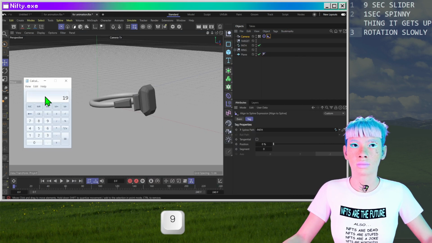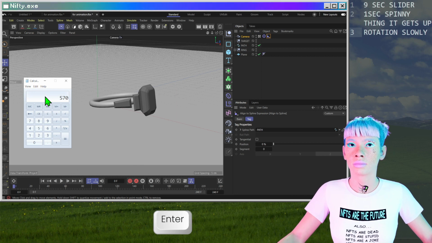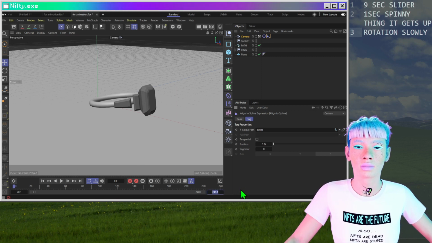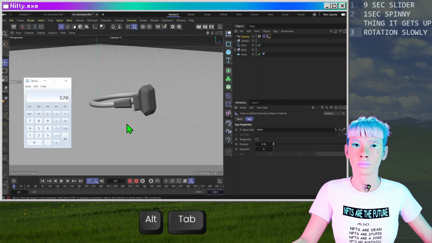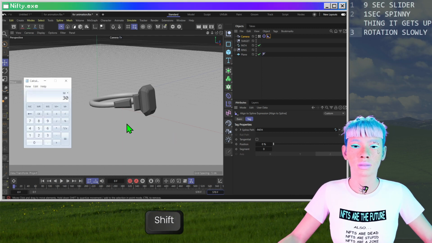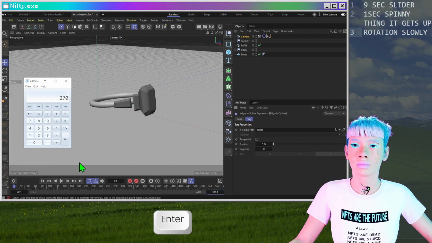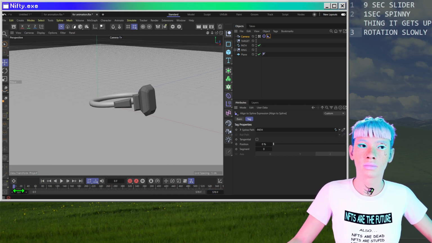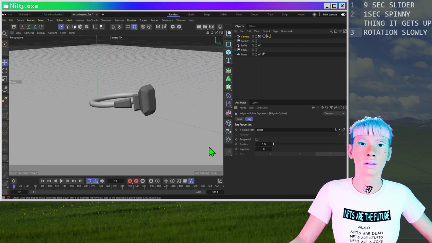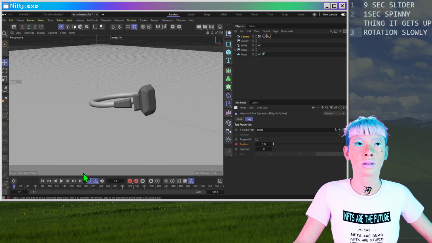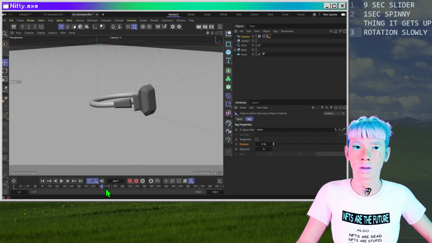So we want 19 times 30, 570, all right? Now you want 30 times 9 is 270. All right, so from the frame 1, type 1 there. From the frame 1 to the frame 270,